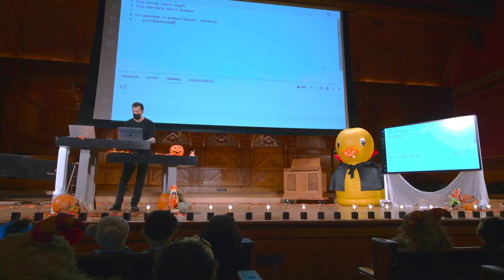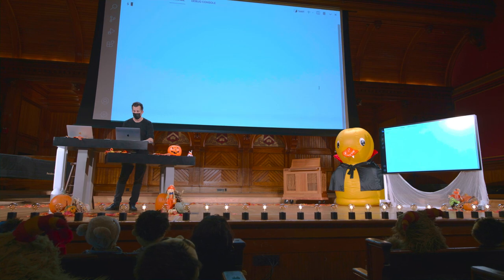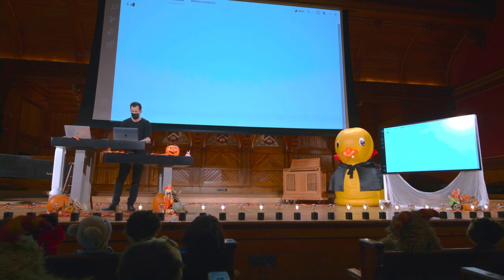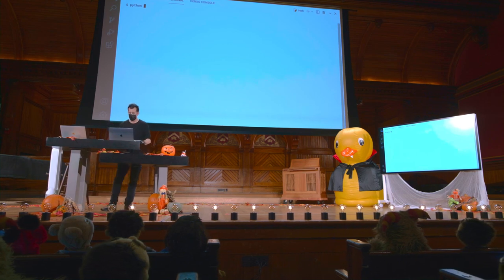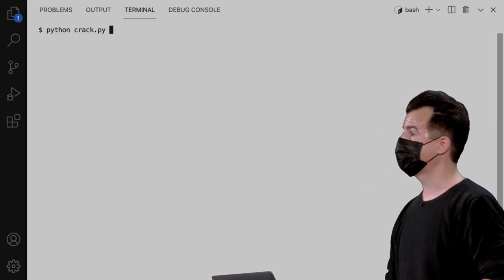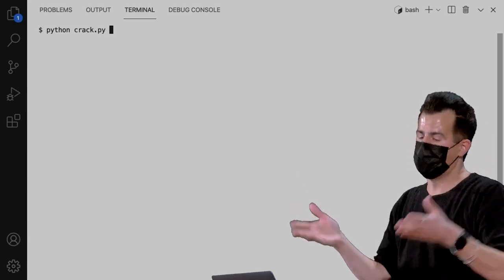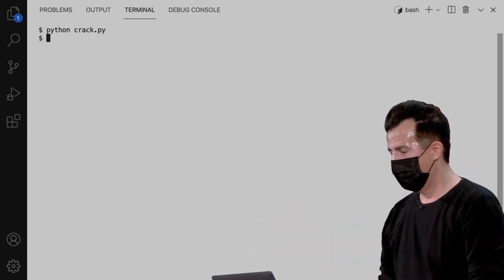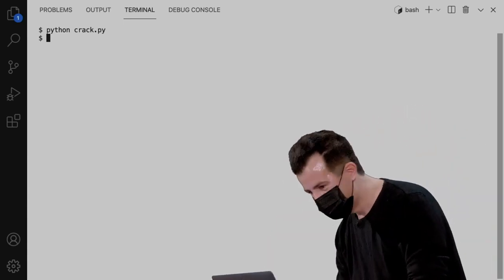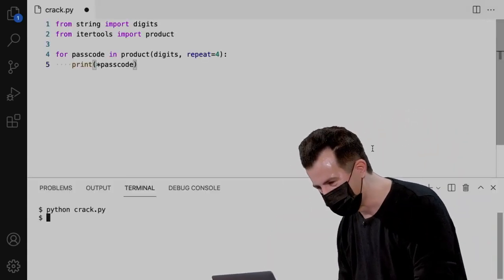Well, let me go ahead and maximize this so-called terminal window, which is, again, where I'm going to run this code. And again, the question a moment ago was, does it take seconds, minutes, hours, days? Well, let me go ahead and run python of crack.py. I'm pretending for the moment that I did grab that cable from my bag and plug it into the phone, hitting enter, and it didn't actually do anything. That was not supposed to happen.